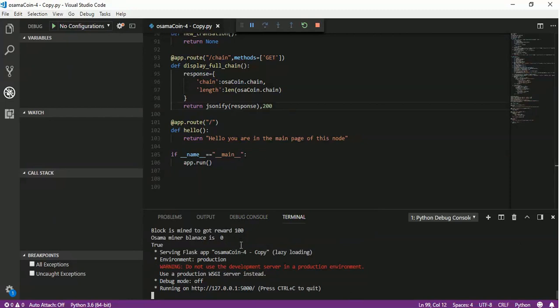Yes, finally our server is running now. To access it, we can go to the HTTP, this link. We can just use Ctrl+C to press it directly. So we are on the web page or the website of the first node in the network. We can check if the others are running or not. So we can check, for example,